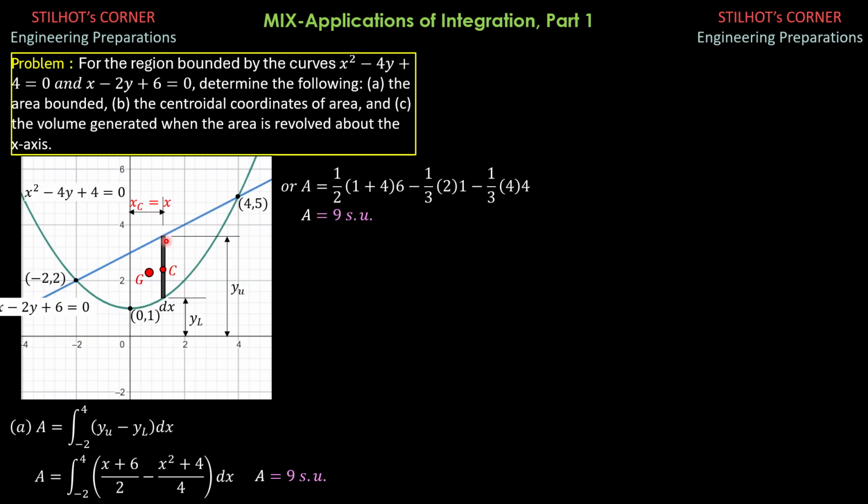Then y sub c is the average again of upper y and lower y. So y sub c is 1 half of the quantity upper y plus lower y. So area by